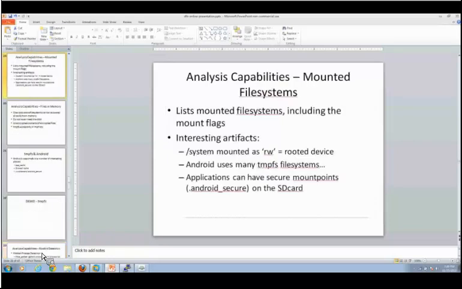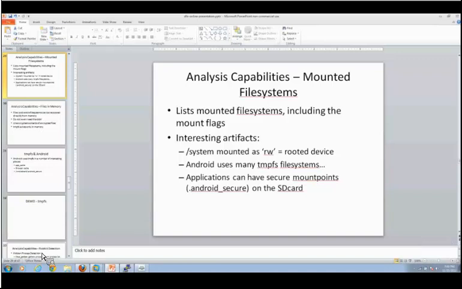Okay, the next thing we have is the ability to analyze mounted file systems. And this is pretty straightforward. It's usually not that interesting, but Android has some interesting artifacts. And the first one is if you see /system mounted as read-write, that almost 100% signifies that the device is rooted. /system is normally mounted read-only, and so